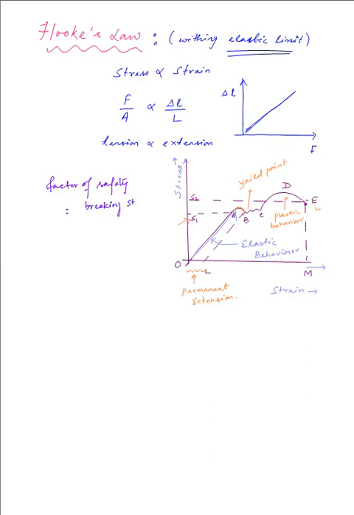Breaking stress is the stress corresponding to the breaking point, that is S2 in this given figure, divided by the working stress, which is the least stress that can be applied on the material within its elastic limit for its proper functioning. Now this was all about Hooke's law and elasticity, but